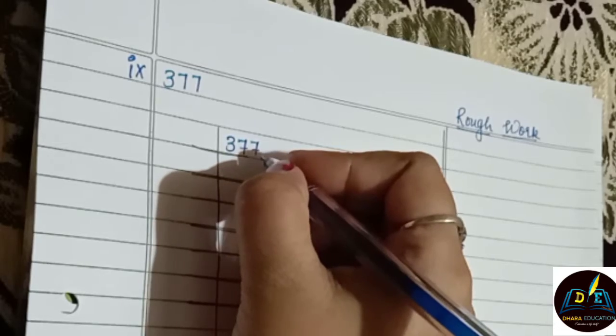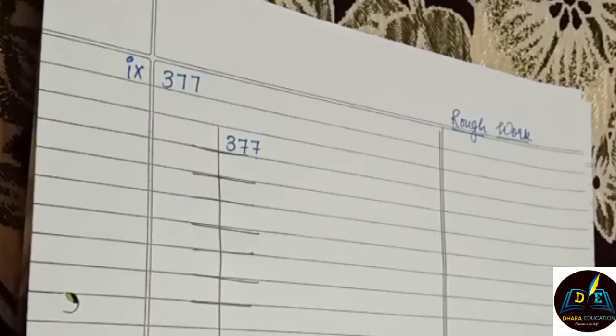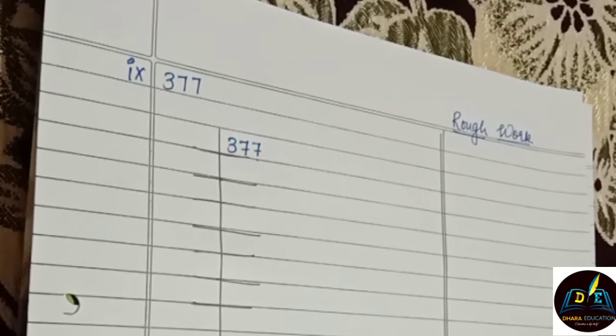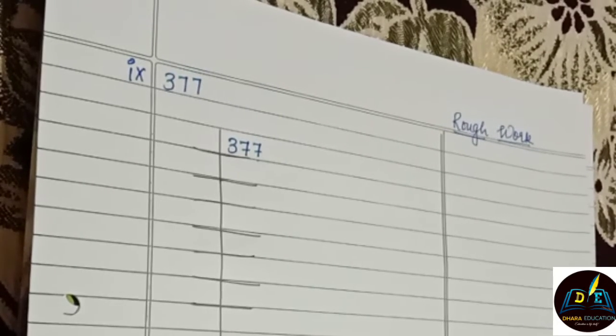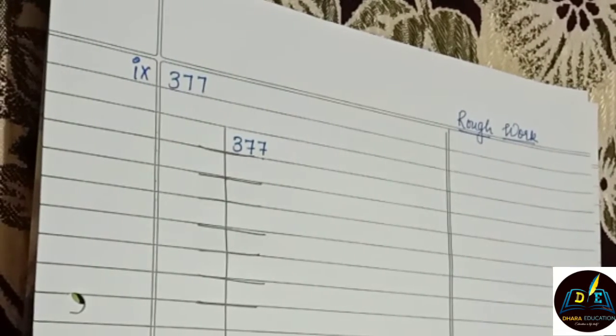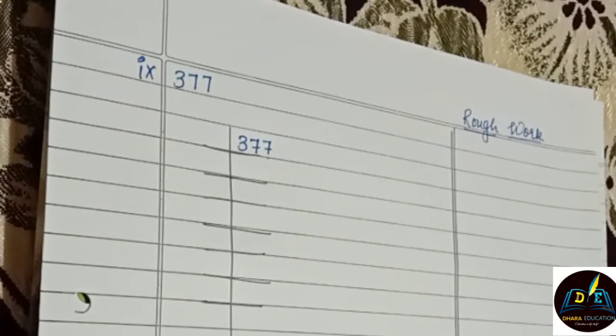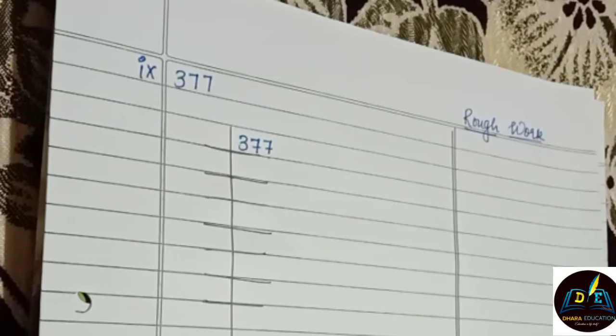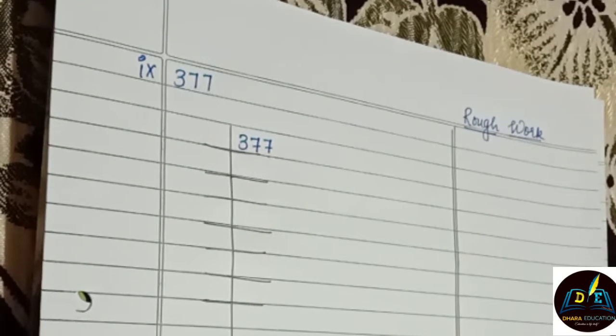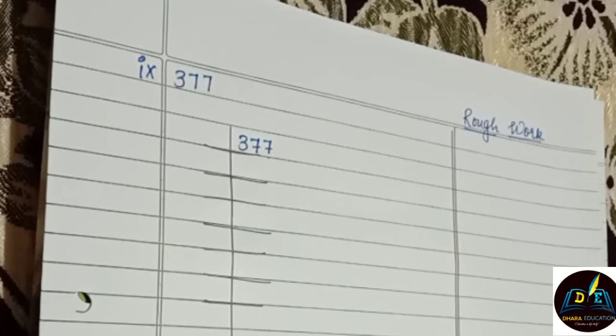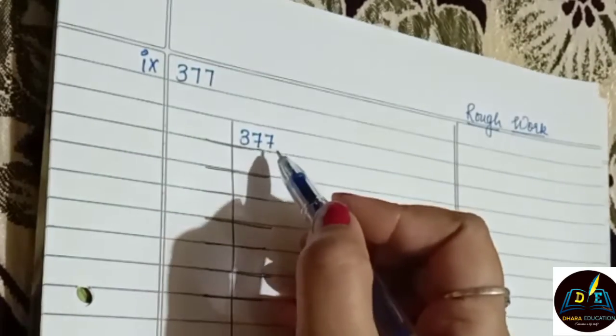As we know that the unit place is 7, it means that it is an odd number. So in that criteria, we need to understand it may go with the 3, or it may go with the 5, it may go with the 7 as well. So we need to try it once. Okay, and if you are not so good in the tables, we should go further with the double digit tables. Double digit tables, it means that it starts from 10, 11, 12, 13. So if we go with those particular multiplications, we may get 377.